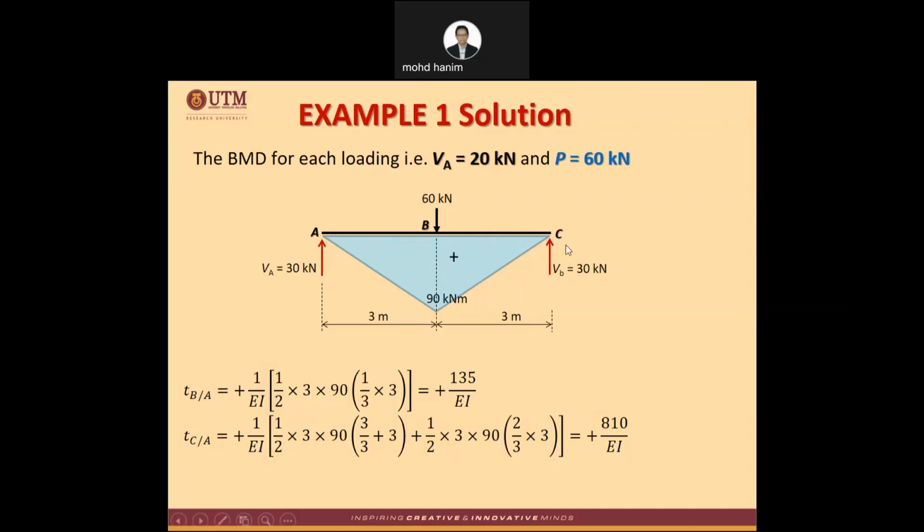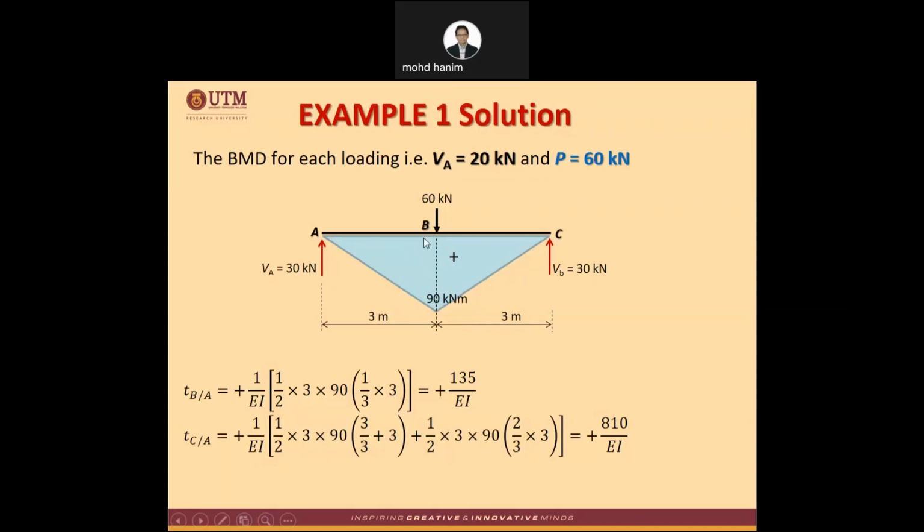So, in this case, we divide this triangle into two, 1 and 2 here. Between B and A, half times 3 times 90 times 3 divided by 3 plus 3. Why plus 3 here? 3 plus 3 divided by 3